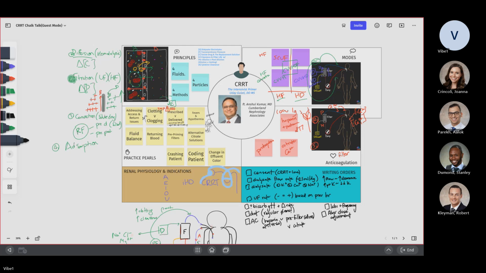But I'll have the CRRT guy maybe come in and talk to you about the machine, and explain a little bit more about the alarms and everything. So we'll try to arrange that lecture for you with the Fresenius guy. Okay, anyone have any questions? Dr. Kumar, do you have any influence on the type of catheter